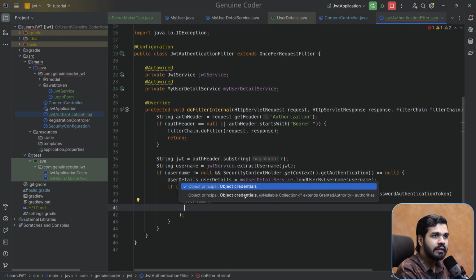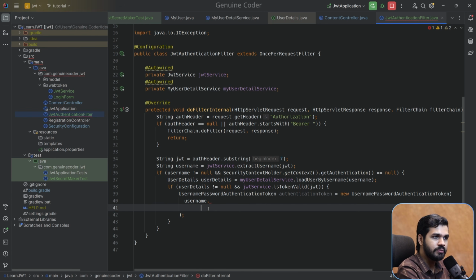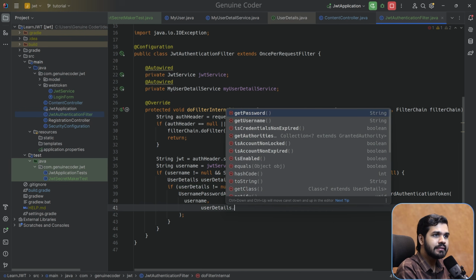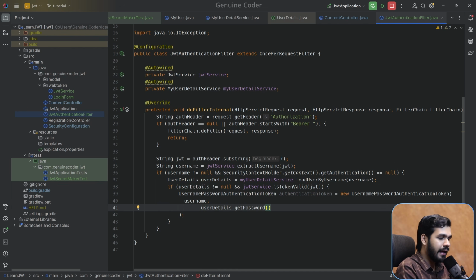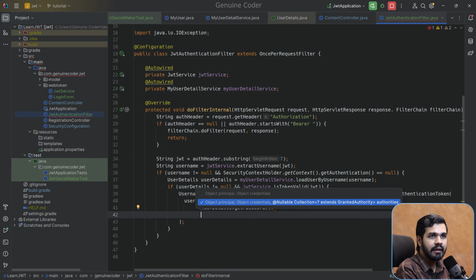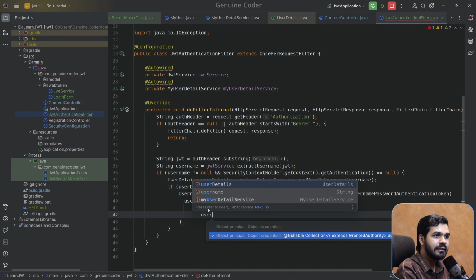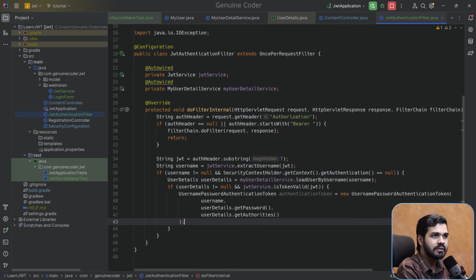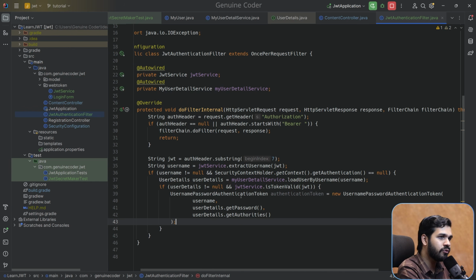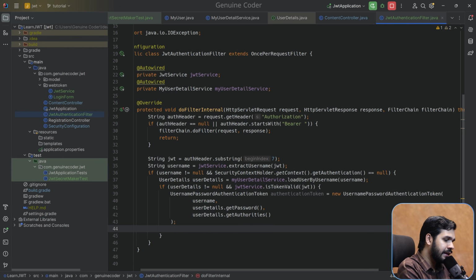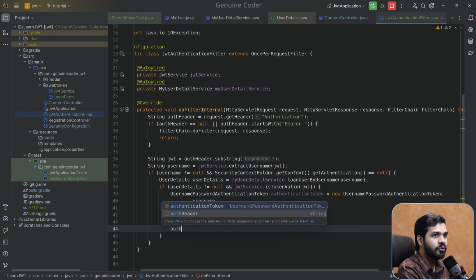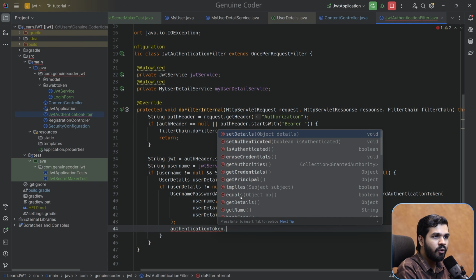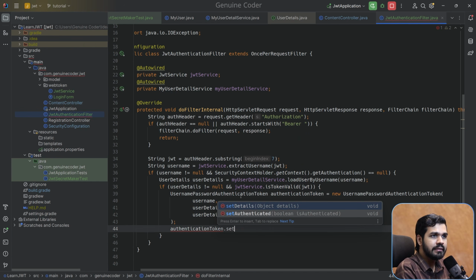Then we have to give the password. So the password we can get from the user details object: user details get password. And then we have to give the authorities, right? That is also available in the user details object, user details dot get authorities. So we have all the information required for logging in, and then we have to provide authentication token dot set